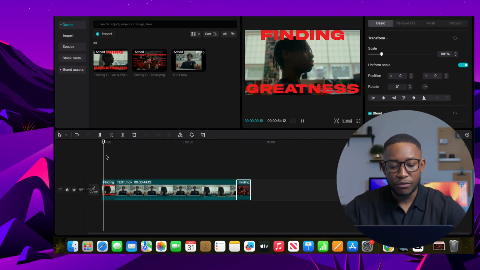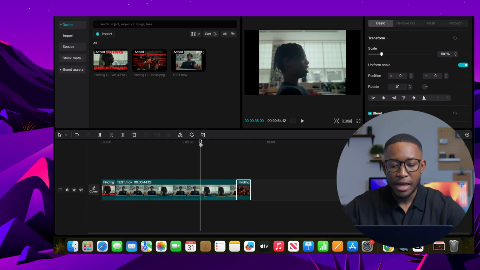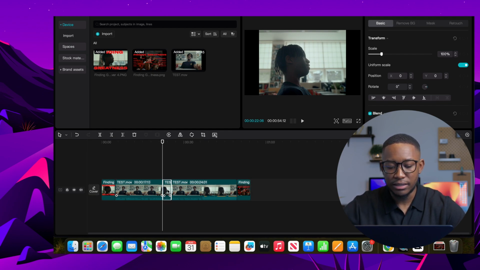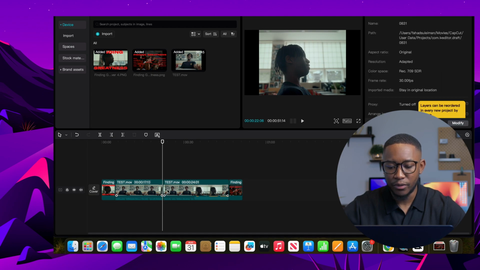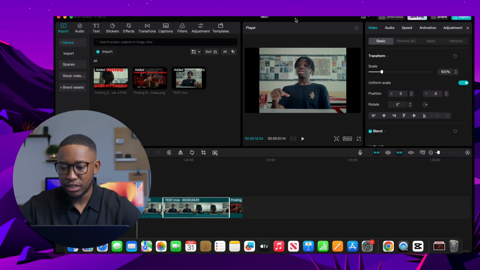Now if you want to scrub across, this is how you scrub across it, by clicking on this cursor and going along. And if, for example, you have errors or a mistake, you press the letter B, you break it, that's a blade, you cut it here, and then use A to select, and you can select that portion that you've just cut off, and you can simply delete it, and it automatically fills it out, right? Once you're done, you want to go in here where it says export.